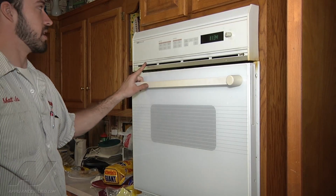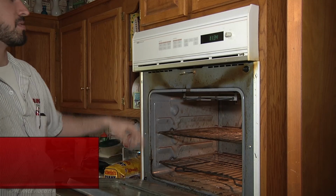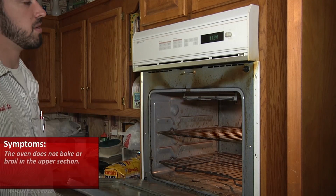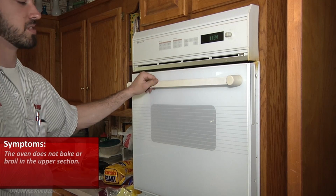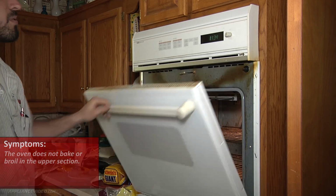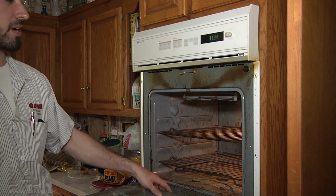Alright, what we're looking at is a Jenn-Air double oven. The complaint is we've got no bake or broil on the upper oven only. The lower oven works just fine. So what we are going to do first is flip the breaker off and